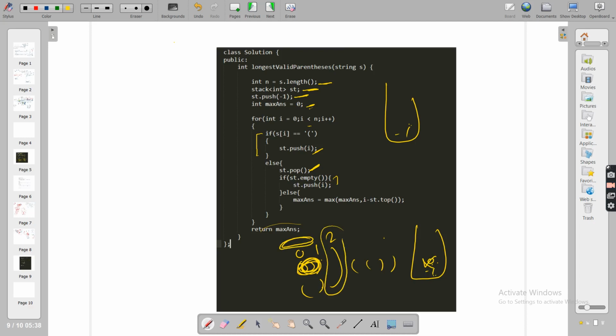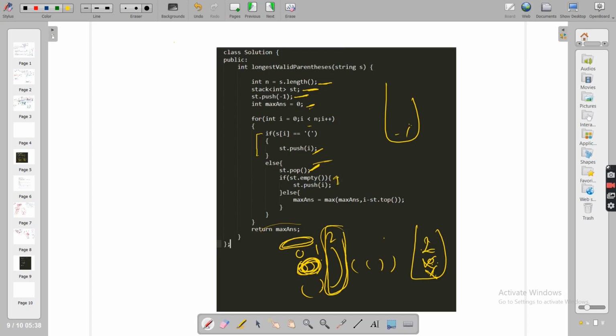Then came 2, which is right here, let's say a closing bracket, so it will remove -1. Now this 2 saw that the stack is empty, which means I am no one to contribute to any length. I am the last element who will not contribute anywhere. So we'll push 2 here.